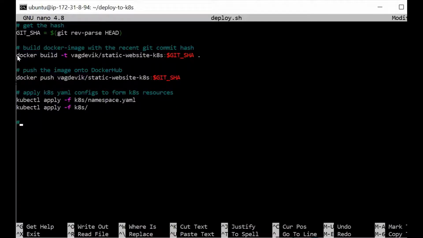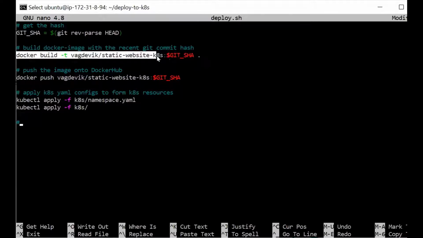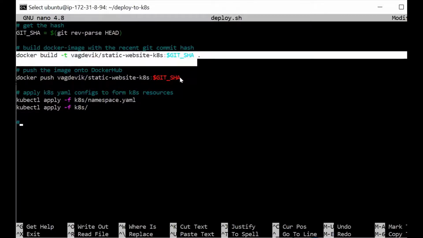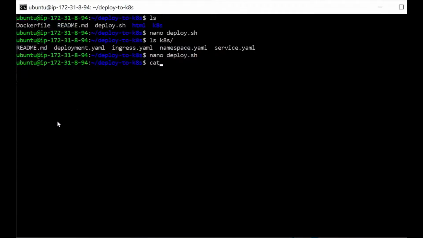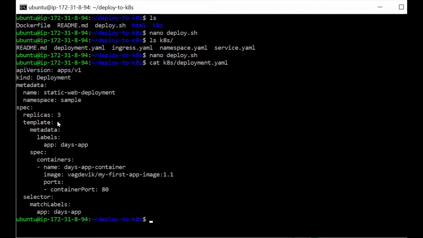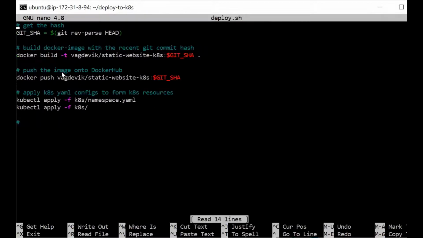And now the image of the updated application is this one, right? So we build this image and then we push this, right? Now if you go back and see cat K8s deployment, so it has this image, right? But now we want to run the application whose image is this, right?